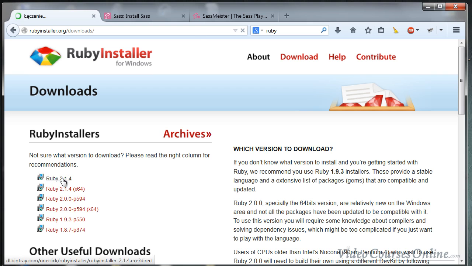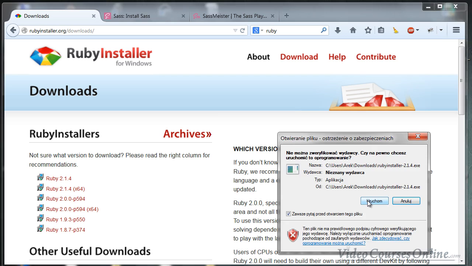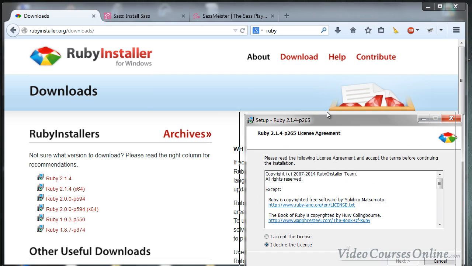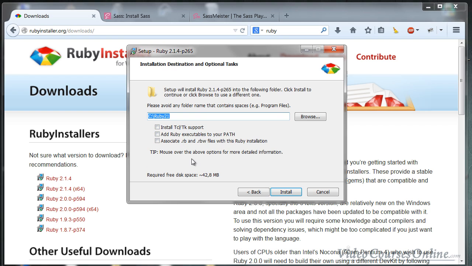Okay, so let's just click it. I need that version, and of course I have downloaded it already. So we have got it here. We are running the program. We are clicking OK. Now I accept the license. Next. Then it's a very important thing to add Ruby executables to your path. It is the system environment variable,